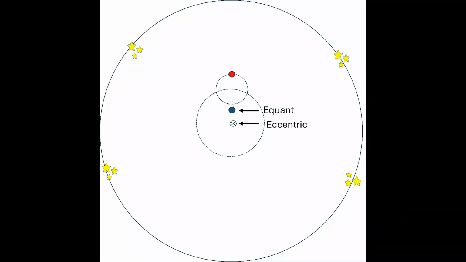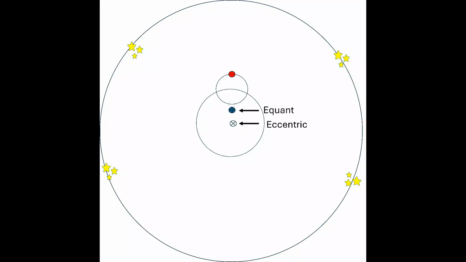Another problem in Ptolemy's model was that the circular motion was not constant. The planet or the deferent moving in a circle would speed up or slow down. This contradicted the idea that circular motion in the heavens should be uniform. Ptolemy was able to preserve a semblance of uniform motion by identifying another point called the equant.